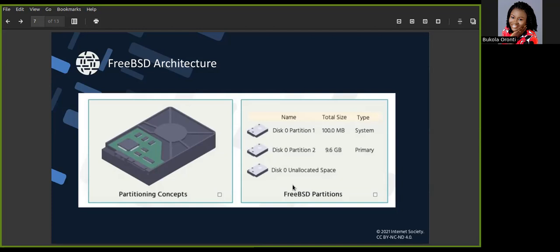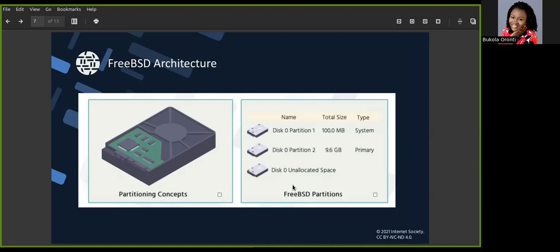So partitioning enables the use of multi-boot setups, which allows users to have more than one operating system on a single computer. Now for FreeBSD, when you want to install it, FreeBSD also has auto partitioning installation available. When it does auto partitioning, it simply slashes the partition space that you want to install FreeBSD into other smaller partitions. An example, I think we have 5 main partitions under the FreeBSD auto installation.